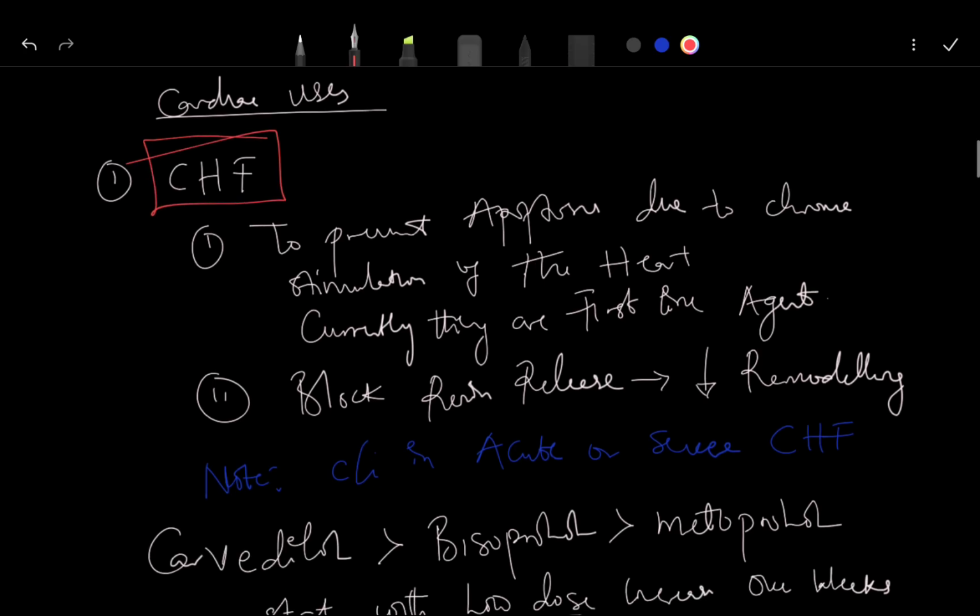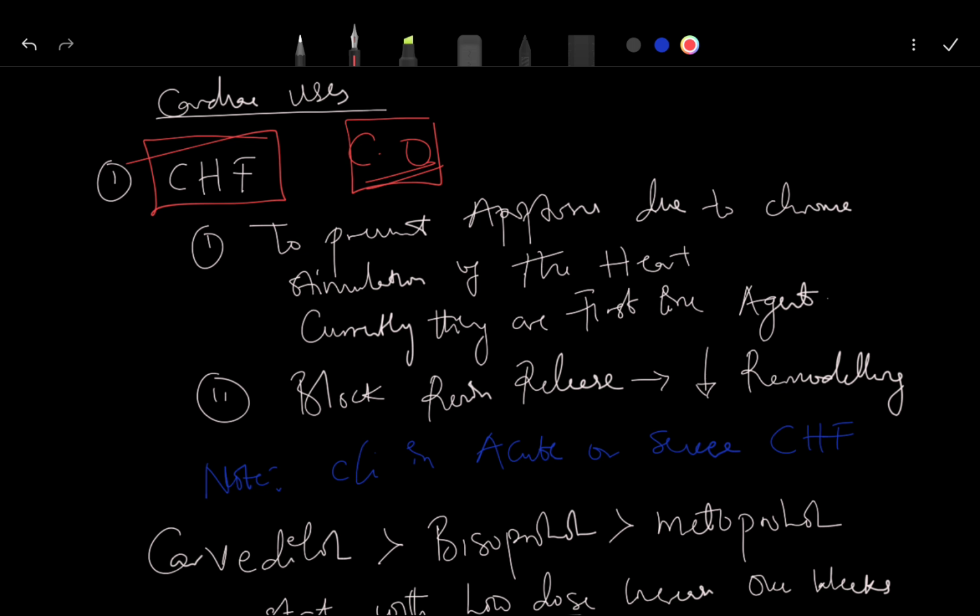Now in congestive heart failure, beta blockers have been used. There are about three beta blockers that are being used. We are going to see their names shortly. But in congestive heart failure, the heart is not pumping very well, meaning cardiac output is low. So if you give a beta blocker, following normal understanding, you will notice that it is going to cause a reduction in the cardiac output, that is, a reduction in the cardiac output on a short-term basis. However, why then do we give beta blockers